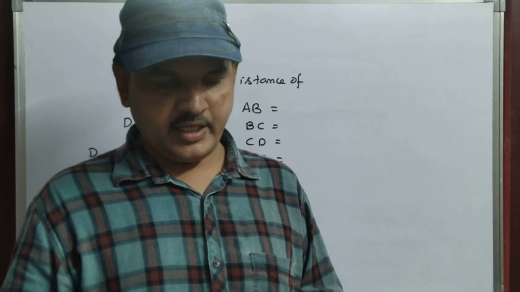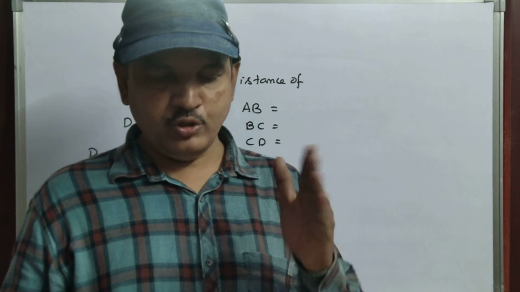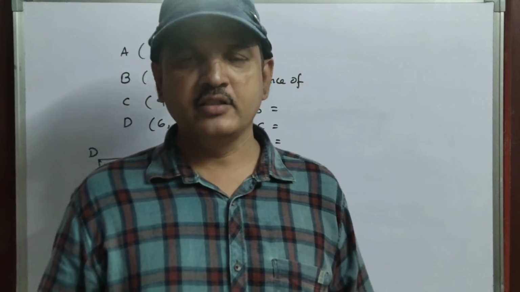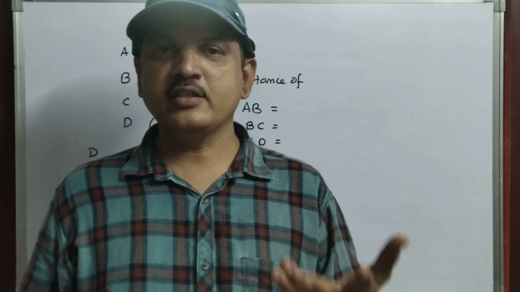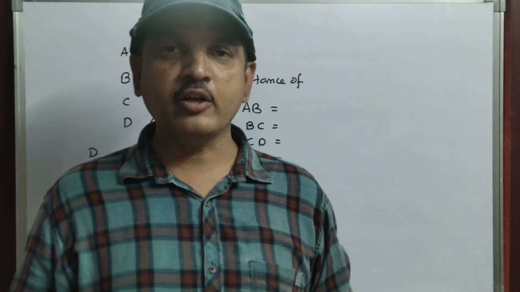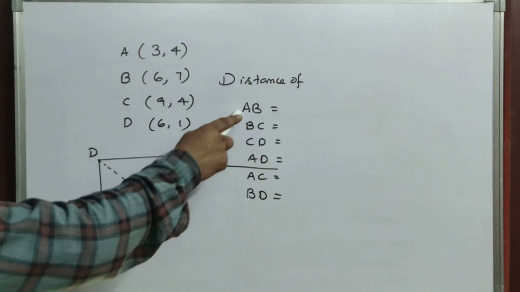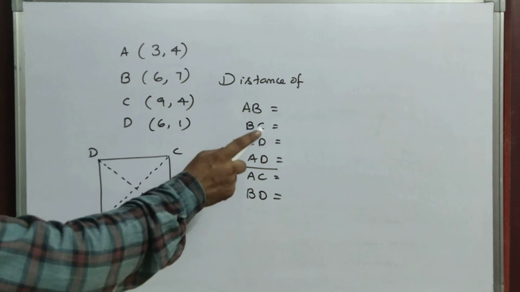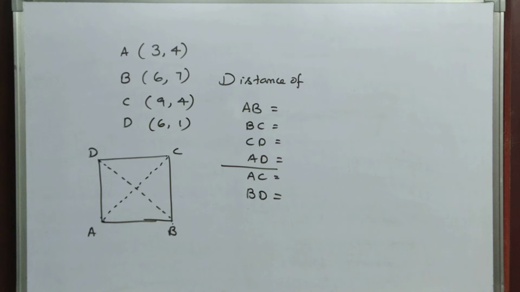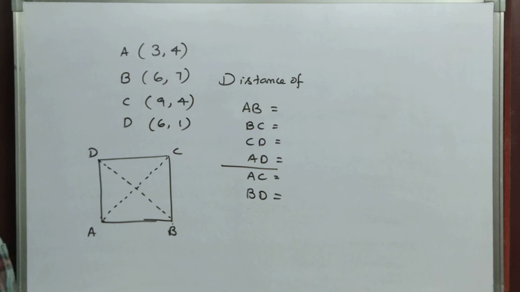Then whose answer is correct, Champa or Chameli? Champa asked Chameli, don't you think ABCD is a square? So Champa's answer may be correct, but I cannot say whether it is a square or not. How can you say that it is a square or not? By solving the distance of AB, BC, CD, AD, AC and BD. This chapter is very easy, but you may make mistakes in symbols, minus and plus.